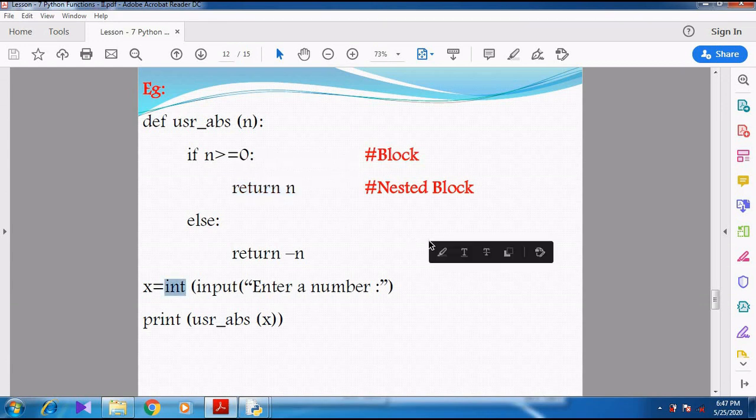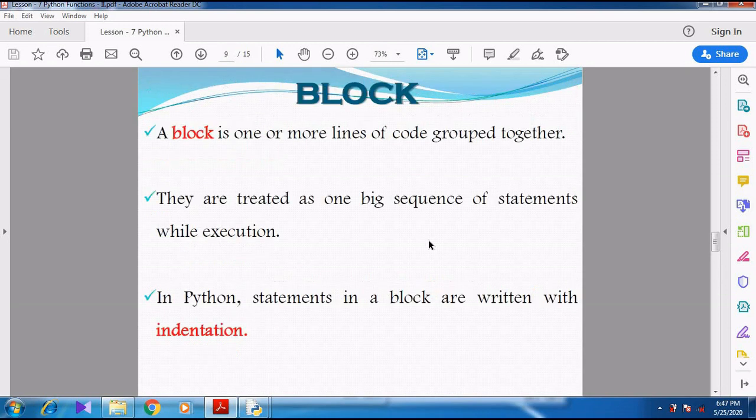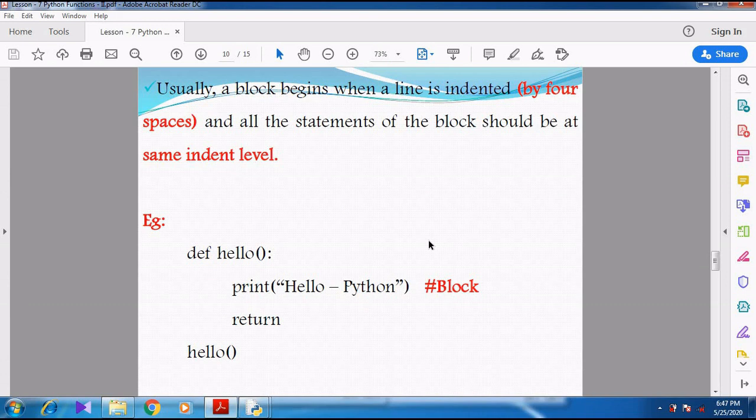Can you understand, students? So a block means one or more lines grouped together. A single tab is needed, and the block should be indented properly. Usually the block begins when a line is indented by 4 spaces. All the statements will be at the same indentation level. Right?